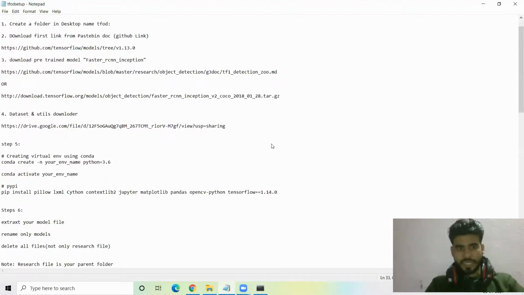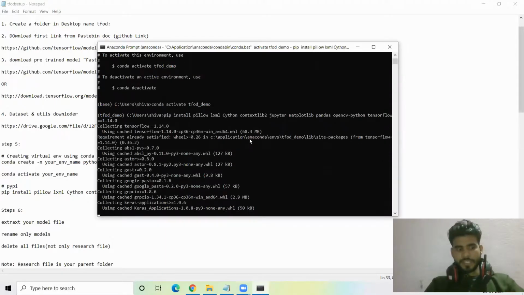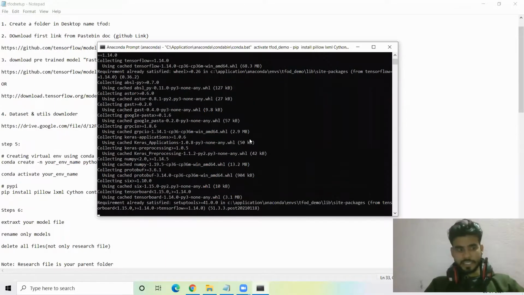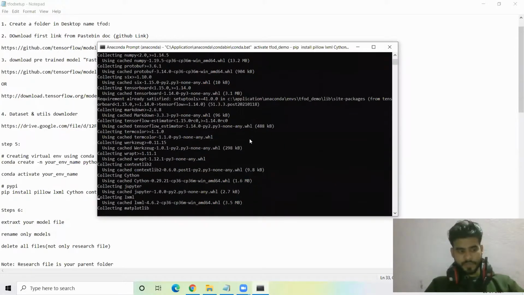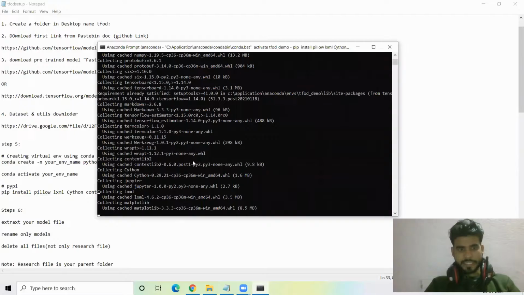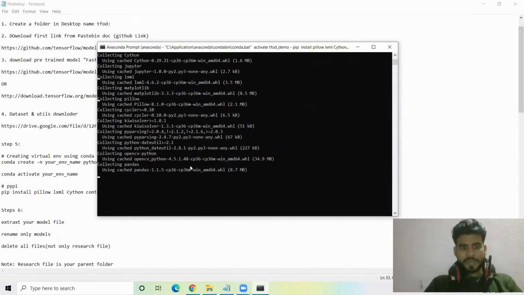It takes some time, depending on your internet connection. It's collecting all the packages: LXML, Matplotlib, OpenCV, and all.